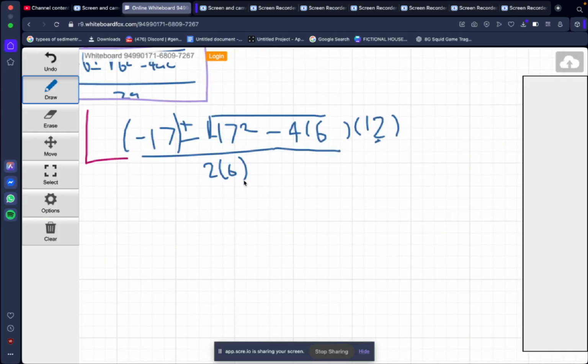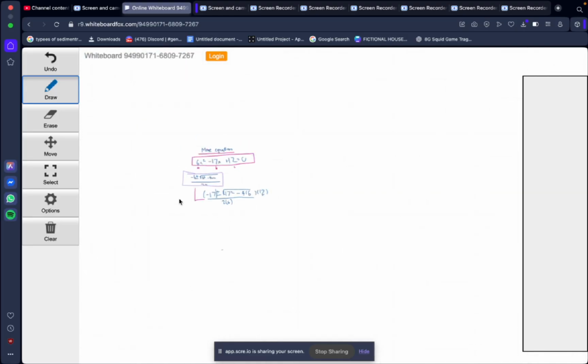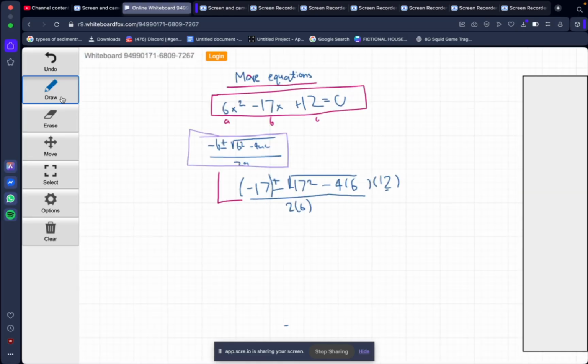Okay, so now that we have that in, we can turn negative 17 into a positive 17. So in this case, it's 17 plus or minus the square root of negative 17 squared minus